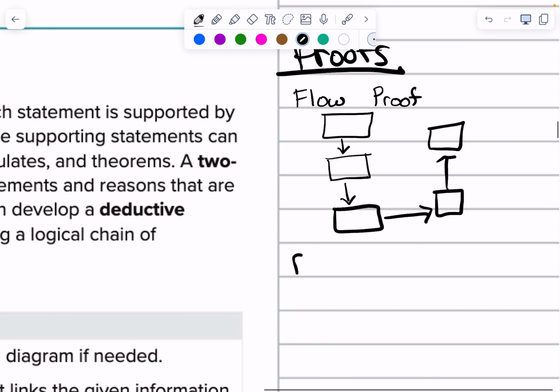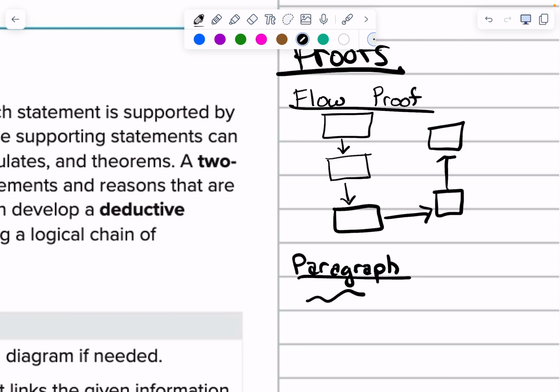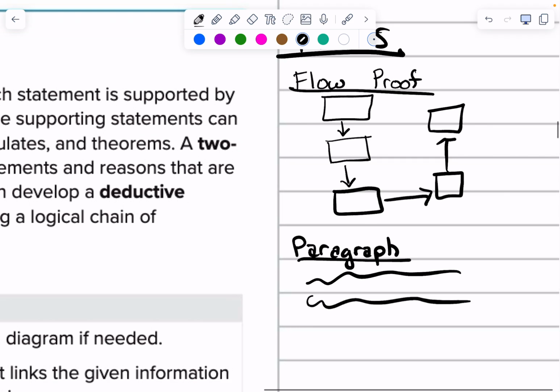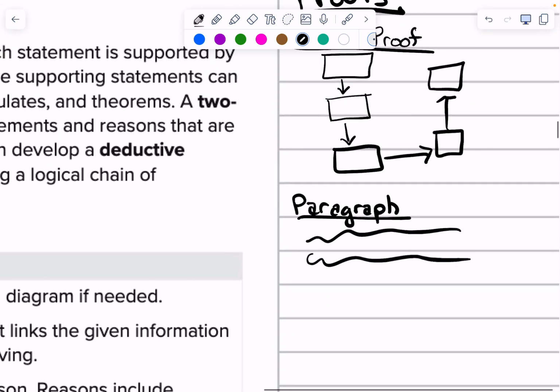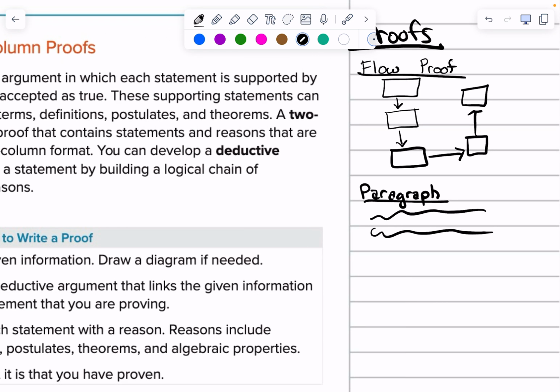Okay, they have a paragraph proof. I want you to guess whether that's my favorite. Paragraph proof is exactly what it is. It is explaining your reasoning in a paragraph. Not my favorite. Okay. The main one that we will use is something called a